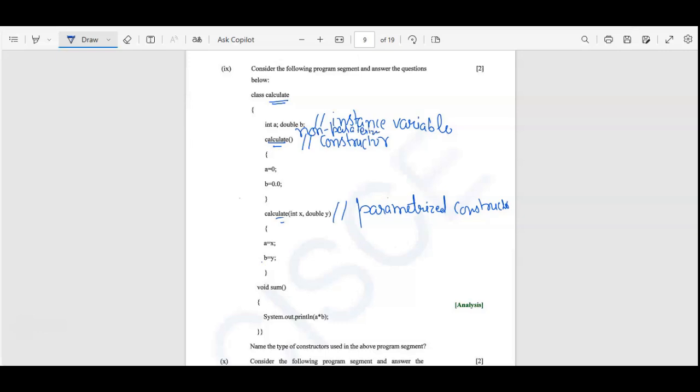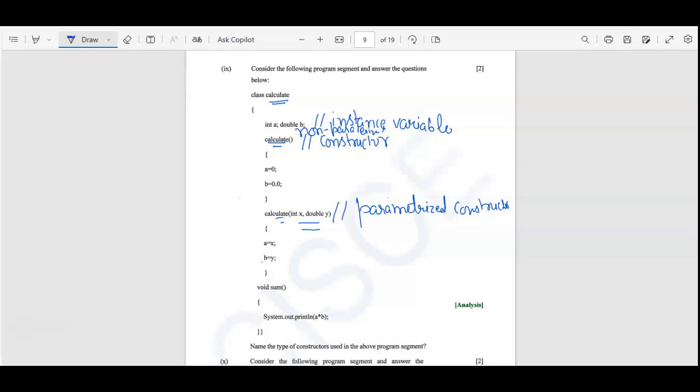Okay, non-parameterized constructor, and the second one is the parameterized constructor, because here we have the parameters. As you know, the variables which you pass in the function prototype are the parameters, and the variables which you pass in the method definition are called the arguments. So it is non-parameterized and parameterized. So this is constructor only. For constructor you have to remember only one thing: the name of the class always matches the name of the function. Here you can see the name of the class is matching with these two. So it is a parameterized one.